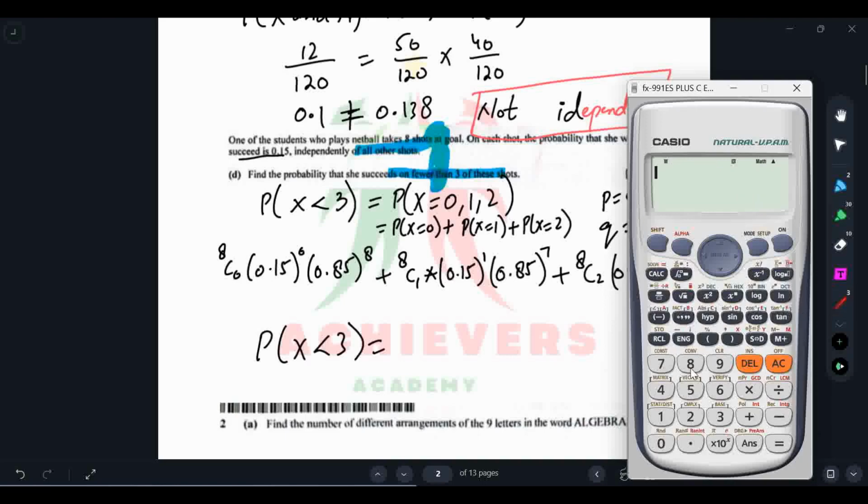This will be 8C0 multiply by 0.15 multiply by 0.85 whole power 8 plus 8C1 multiply by 0.15 multiply by 0.85 whole power 7, bracket close, plus